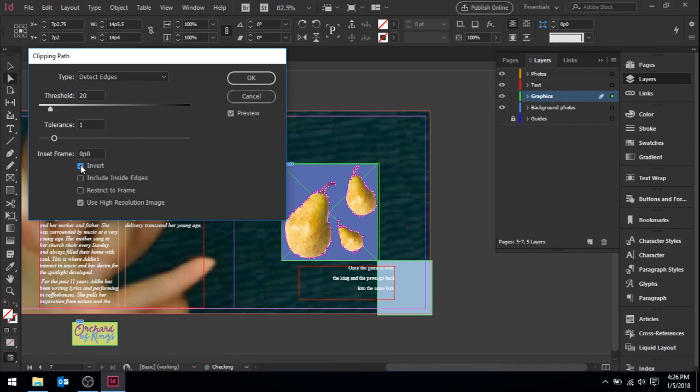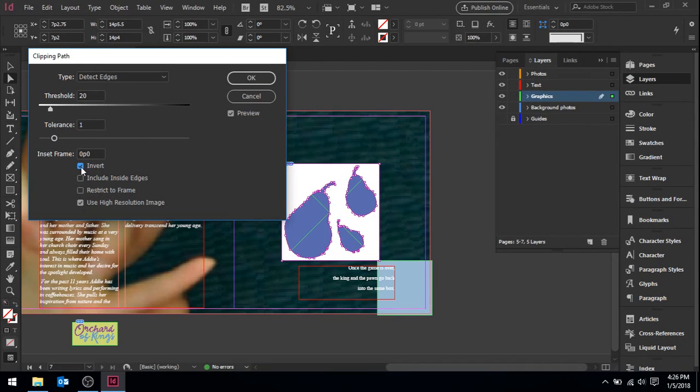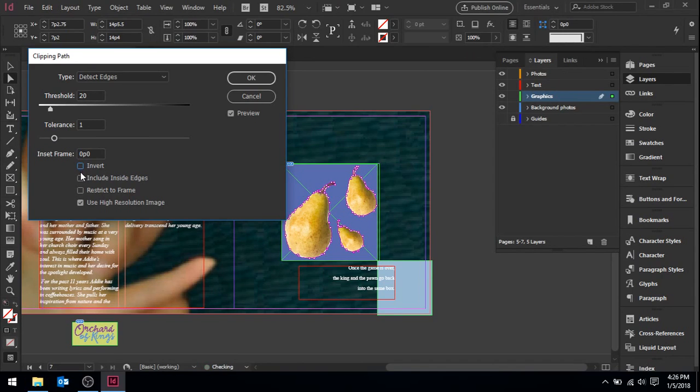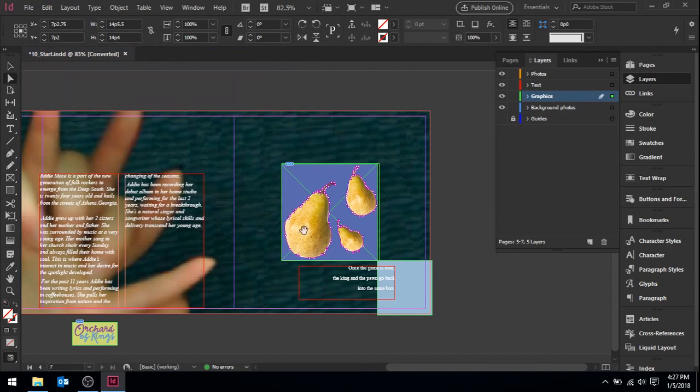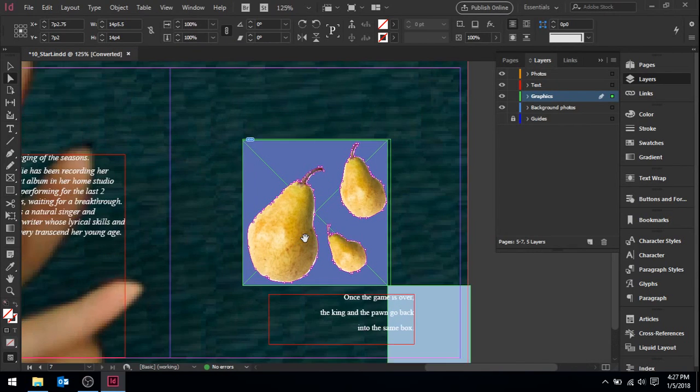If you click invert, it cuts the clipping path around the pears. Include inside edges, we don't have any white space on the inside, and restrict the frame, you don't have to worry about that. There are other options that I'm going to show you about how to adjust the outside, because as you can tell, there is still some white space around the pears. Click OK, and you can zoom in,